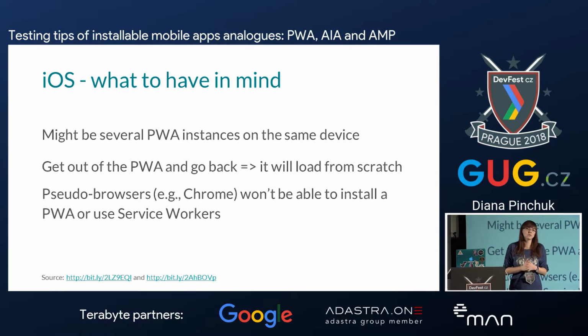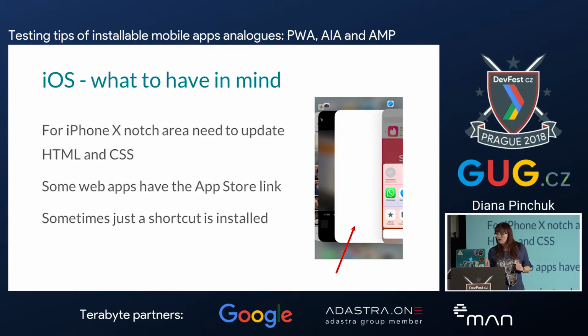Also, you could use Service Worker on iOS only in Safari. Any other browsers like Chrome on iOS won't work with it. And you need to know that if the user is using the back icon, then any data will be cleared. You need also to know that for new iPhones like iPhone X and all the other versions, you need to work with CSS a bit to work with the notch area, but actually recently Pixel 3 was launched, and it also has a notch area on Android, so you will need to work with it anyway, even on Android.